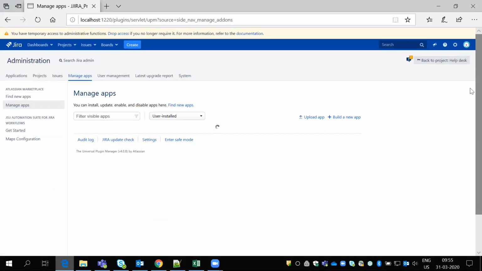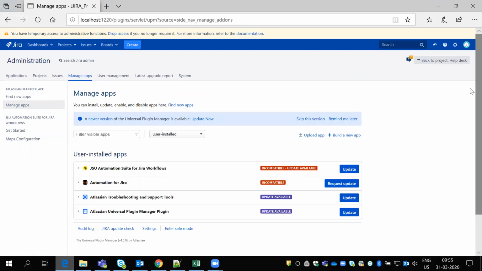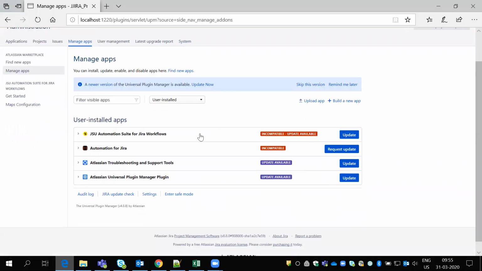So these add-ons we also need to move from 8080 to here. How do we migrate all these add-ons from production to stage as well?